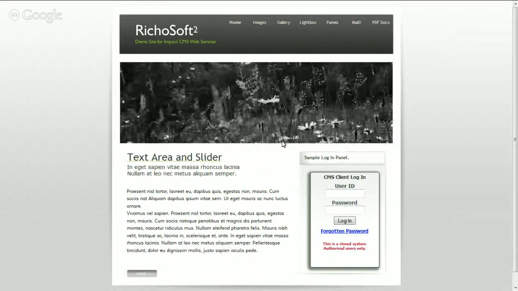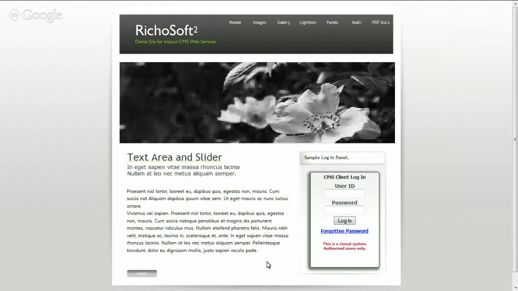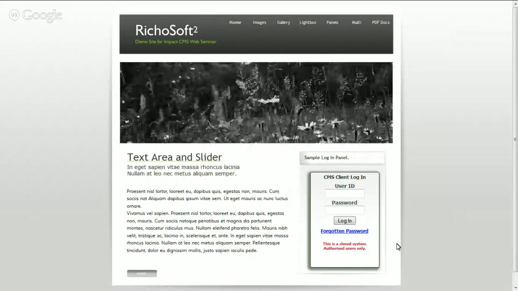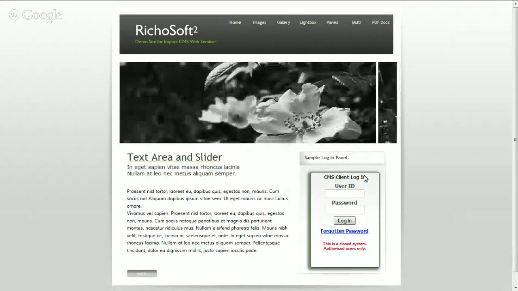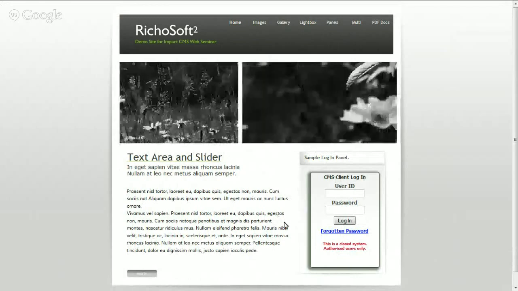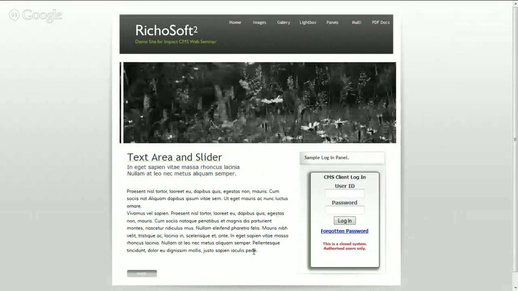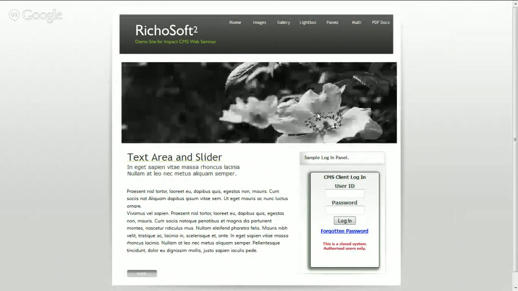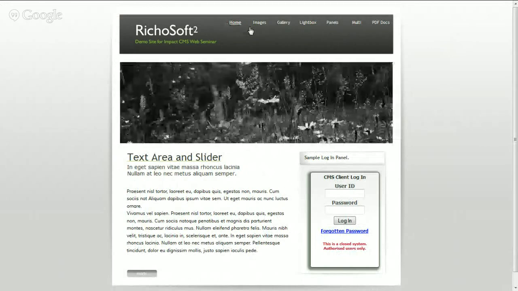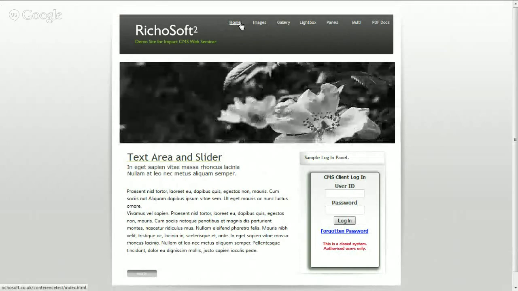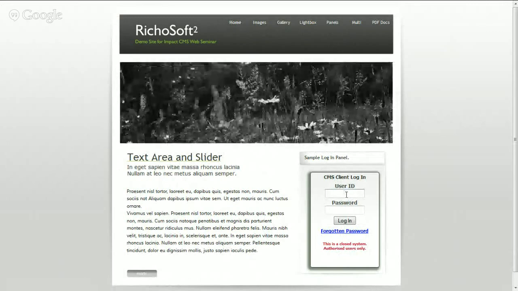So this is a demo site. As you can see on this site, we've added a login panel. On this particular page, we've got an editable text area, and we've got a slider. Now, if we log in as the client,